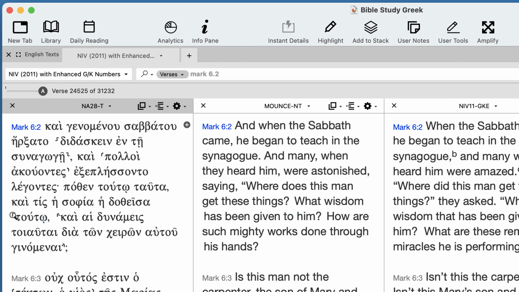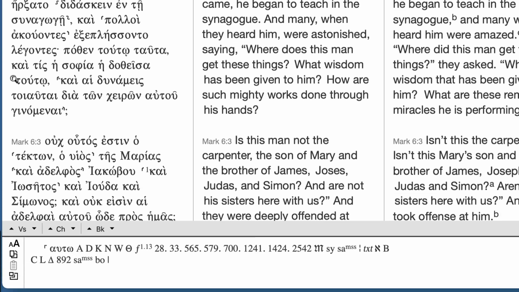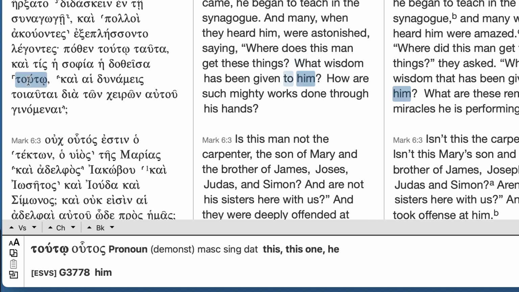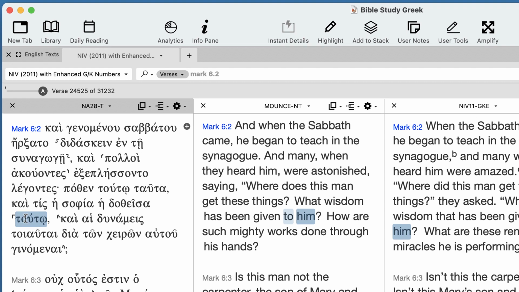It's interesting if you look at the textual variant, and I put the mouse over the textual variant note, I can see it down below. You can see that it is auto in some of the manuscripts. Why? Because this just was not clear, and they wanted to clarify that this one was in fact him, meaning Jesus. So it's just a good illustration of how the demonstrative pronoun can mean this, but it can also function as a personal pronoun, or sometimes you're going to translate it a little differently, whatever it takes to point you back to the right antecedent. Language is flexible.